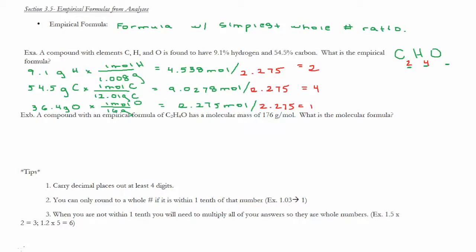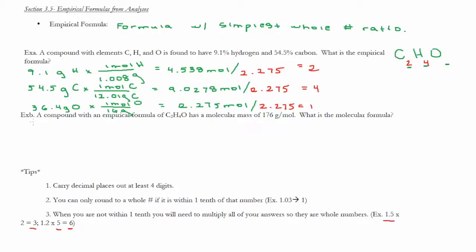Okay? And then the other thing is, if you're in the situation in which you're not within 1/10 of the number you need, for example, if you had 1.5, what you can do is multiply the entire thing by 2, for example, to get 3. Or if you have 1.2, for example, you can multiply all of the subscripts by 5 to make that equal to 6. Okay, so that's an option,